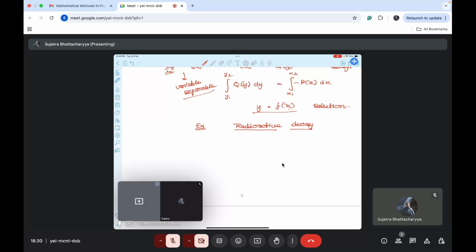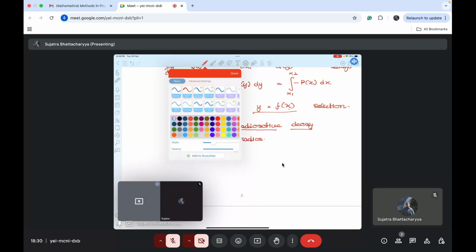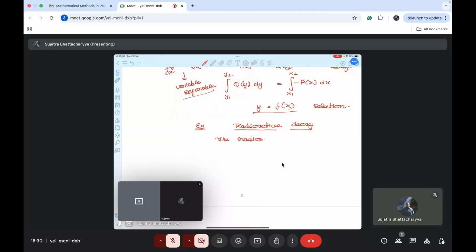For that, it has been found out, or I would say it is actually the observations that tell you that the rate of nuclear decay, or the decay of the radioactive sample,